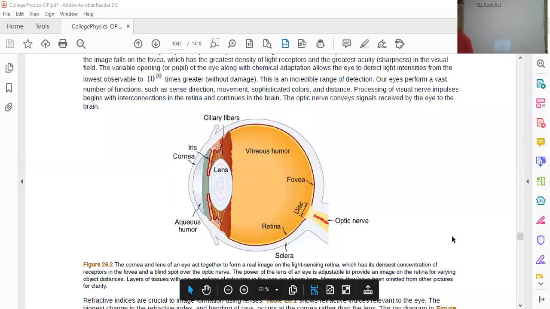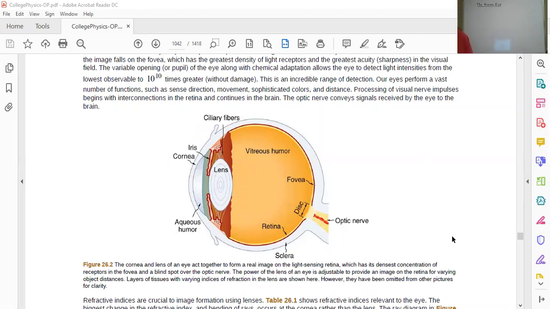All right. So in the eye we only have 3 variables: d sub O, d sub I, and f. And d sub I is a constant, and we can't control d sub O. We want to look at objects that are far away, d sub O is going to be large. We want to look at objects that are up close, d sub O is going to be small. So d sub O is whatever we want to look at. Well, there has to be another variable that is affected by a choice of d sub O, and that variable is f. And how does that get affected? Well, if you look near the lens